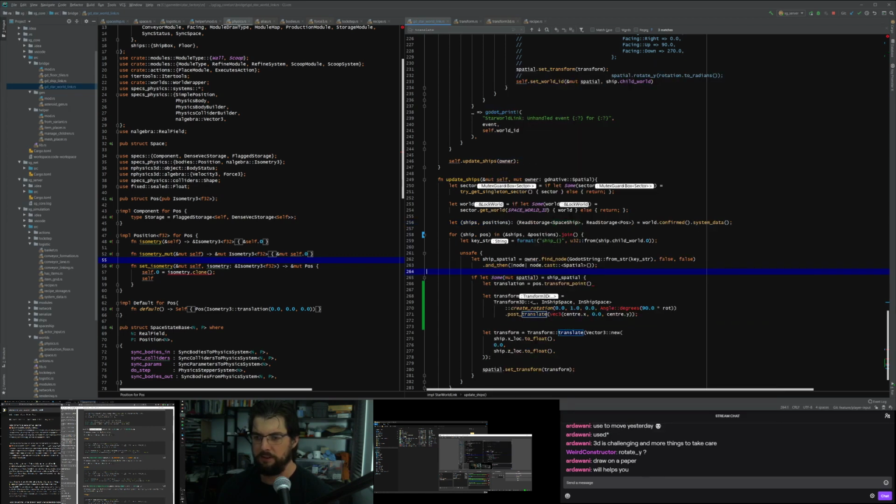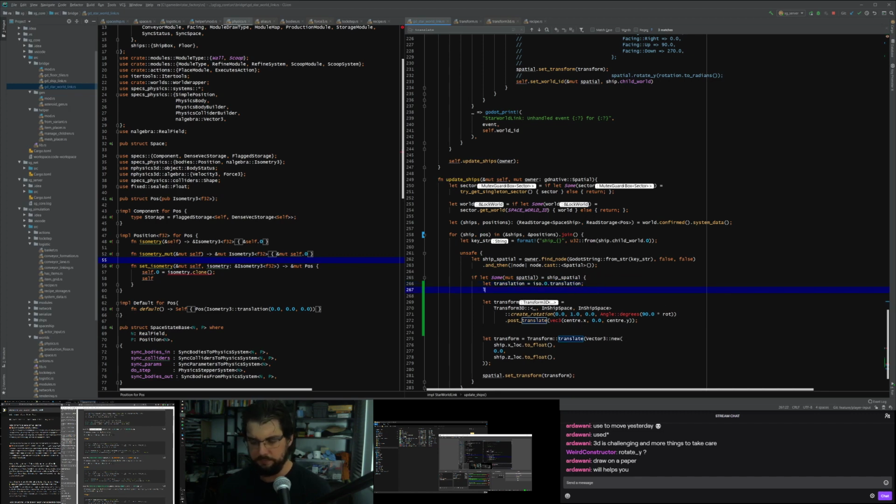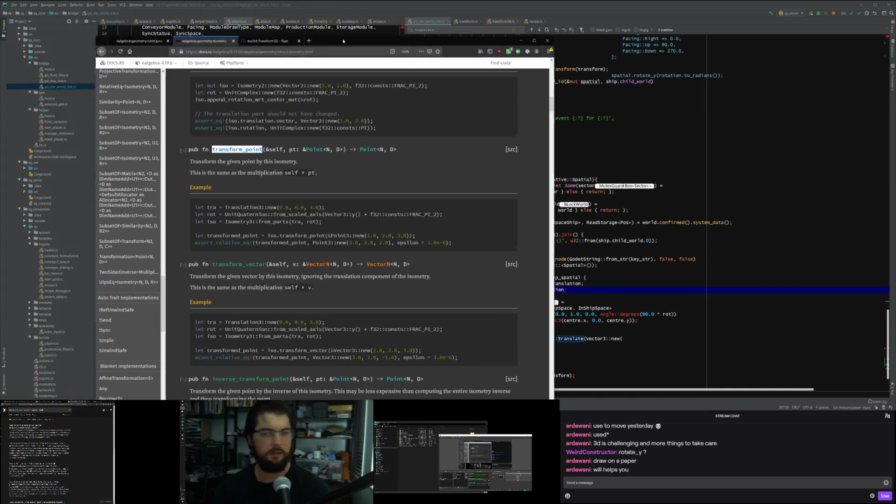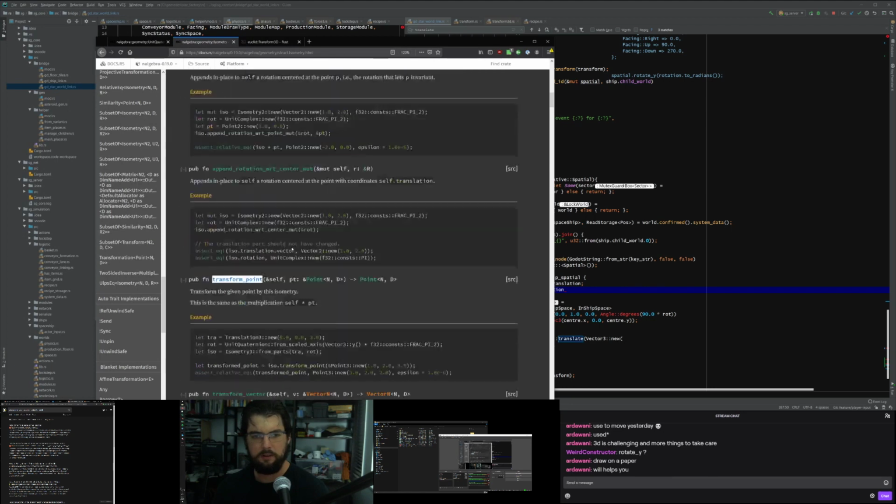So for the translation here, let translation equal iso.0.translation, like this. So that's the location where we are. Let rotation equal iso.0.rotation. I'm just going to go back to the isometry here, and we'll have a look to see if it has a member.